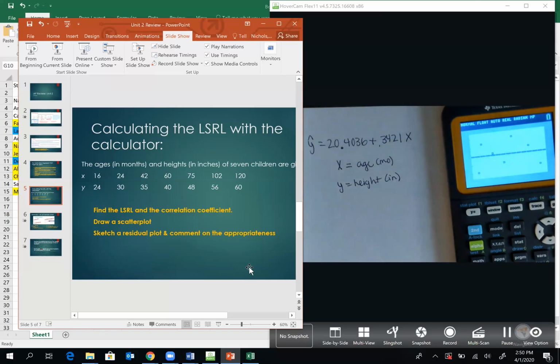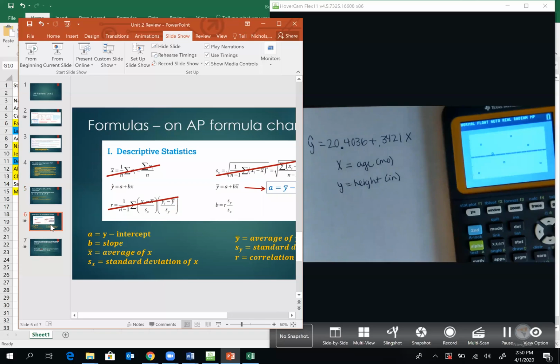And that residual plot is definitely random, so a linear model is appropriate in this case. For the next one,